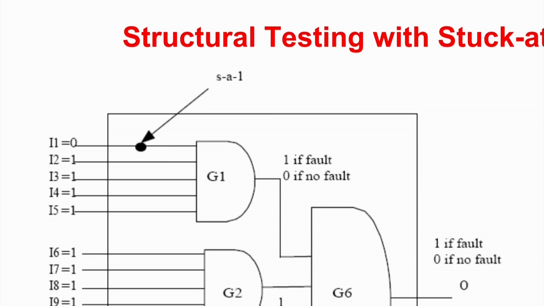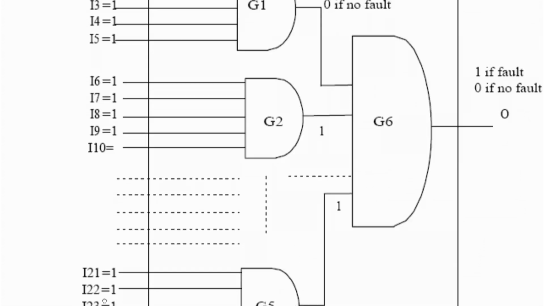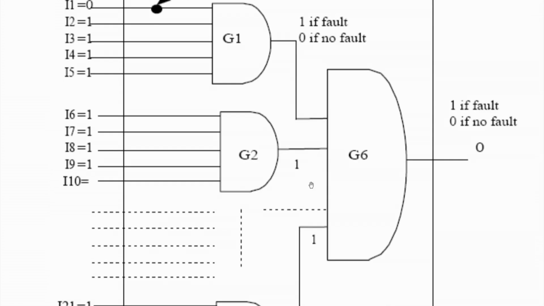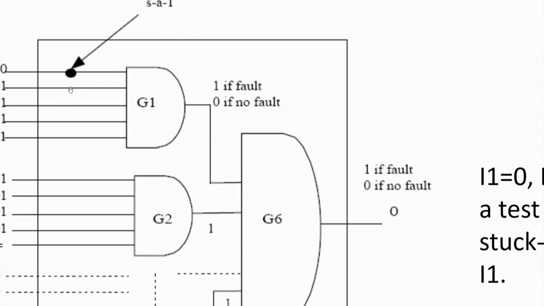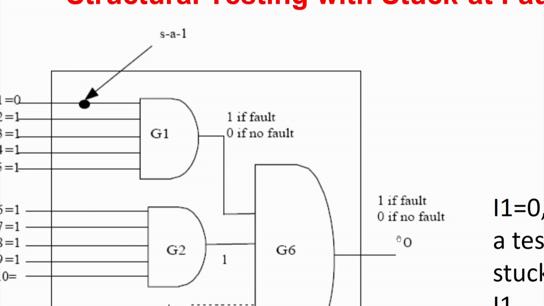Now, my testing for stuck at 0 is over. Now I am taking a stuck at 1 fault over here. Now what do I have to do? Again, I have to put all the lines as a 1, because all the inputs of these AND gates should be a 1, otherwise the fault effect will not propagate. Now this is stuck at 1, so I will of course put a 0 over here. Normally it is 0, so 0 should pass over here, but if it is stuck at 1, the answer is a 1. Basically if it is 1, there is a stuck at 1 fault over here, otherwise 0 means no fault.